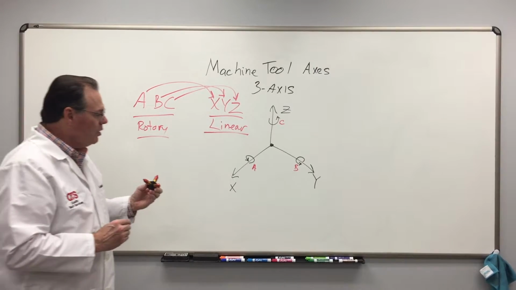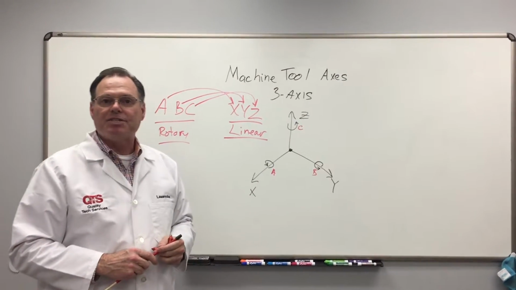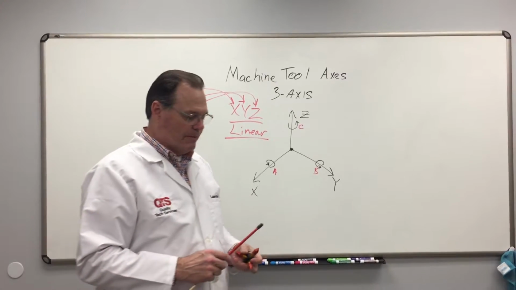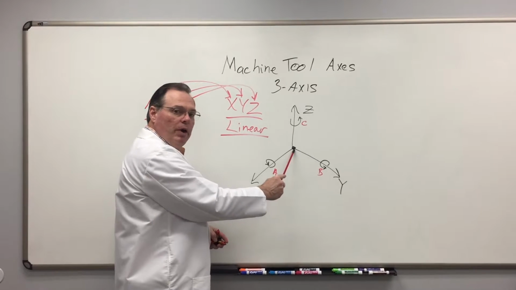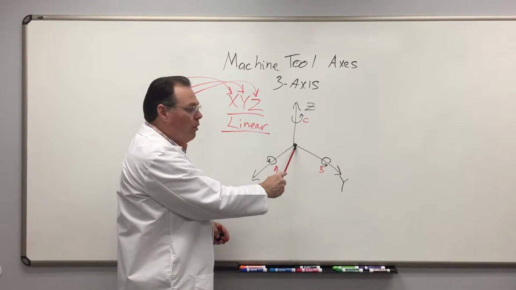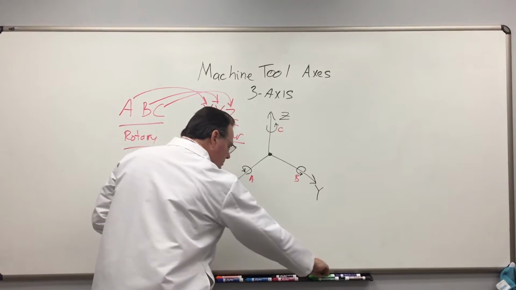Now, what are the positive and negative signs of these axis rotations? Let's talk about that for a moment. If you have the Z-axis here, and we're going from a central focal point of our home position, let's say, or an origin position, and we move Z in the positive direction,